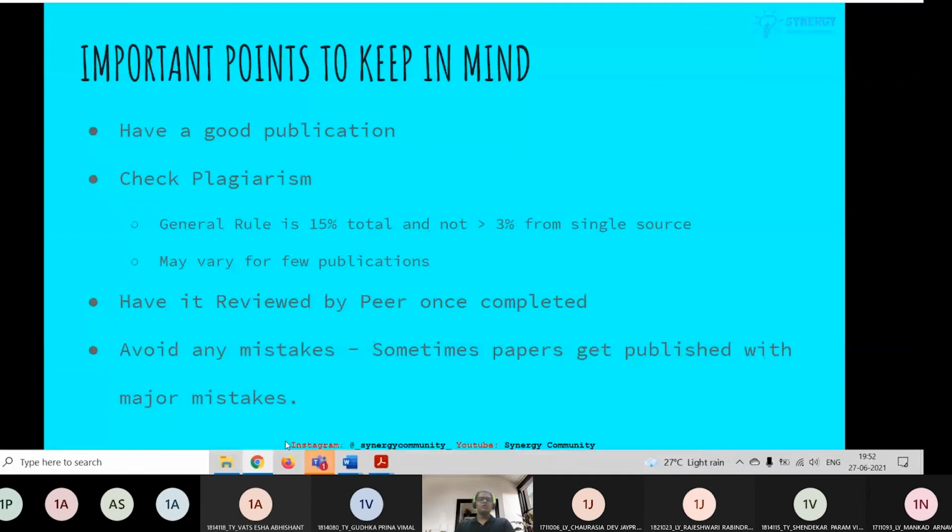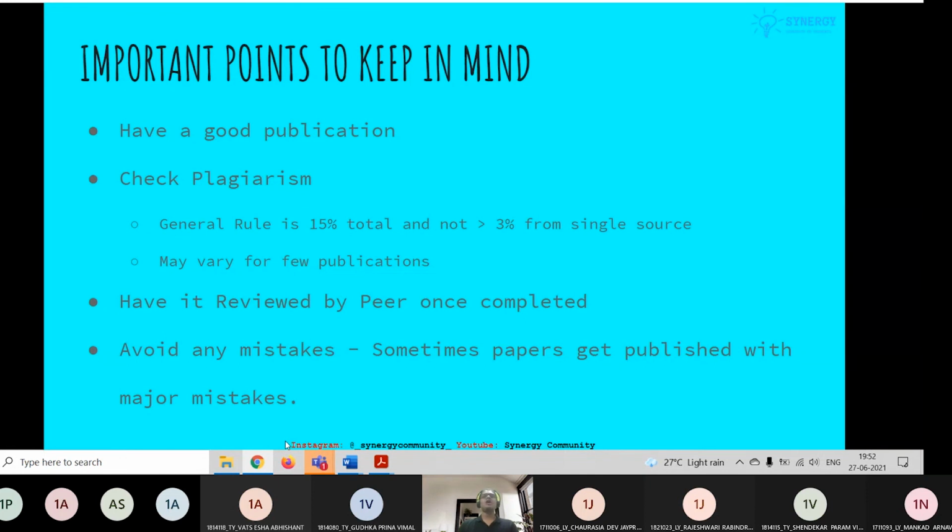Now, once you have written a paper, have it reviewed by a peer once. Taking my example, whenever I write a paper, I send it to my friends and make them review it. If I have made a mistake that I haven't noticed, they can spot it.